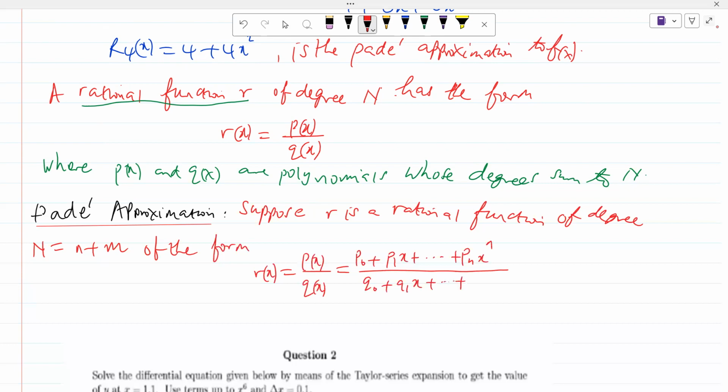I want us to discuss this. We are just giving the general formula of the Pade approximation, and then you have that. So we are effectively saying